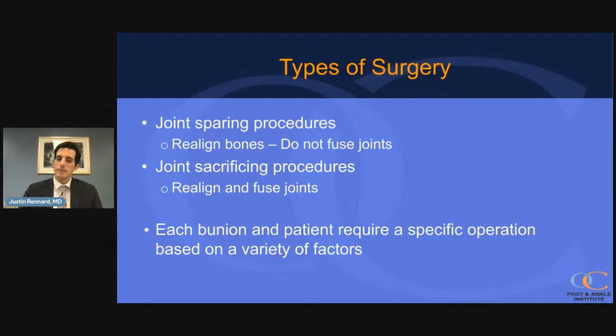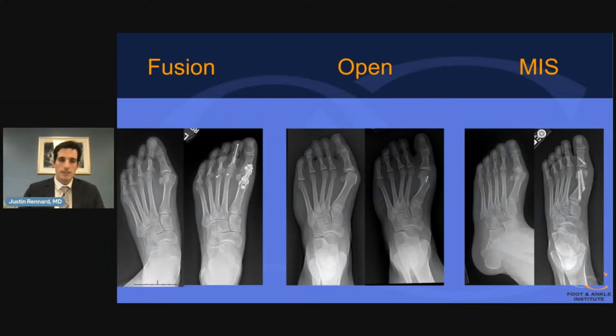But every bunion has a specific operation that is probably best for that bunion, and you can ask a variety of orthopedic surgeons how to fix a specific bunion, and they may give you different answers. And so there's a variety of ways to fix each one, and each one is tailored specific to each patient. So just a quick overview, but these are three quick options in terms of fusing or fixing a bunion without